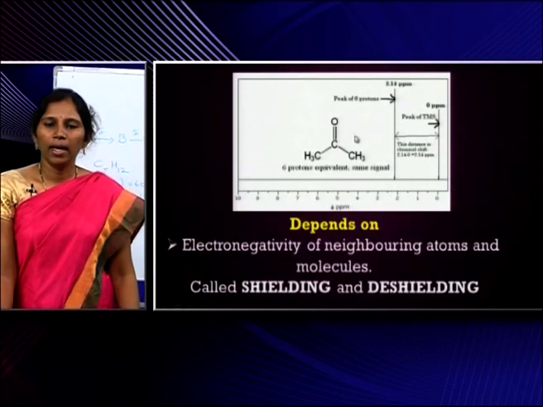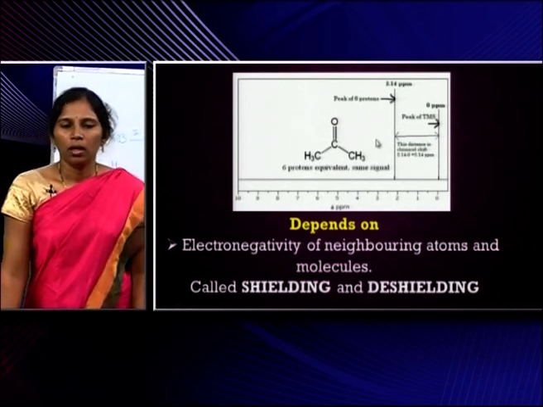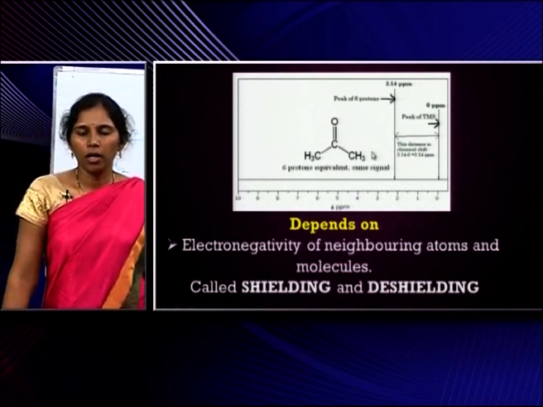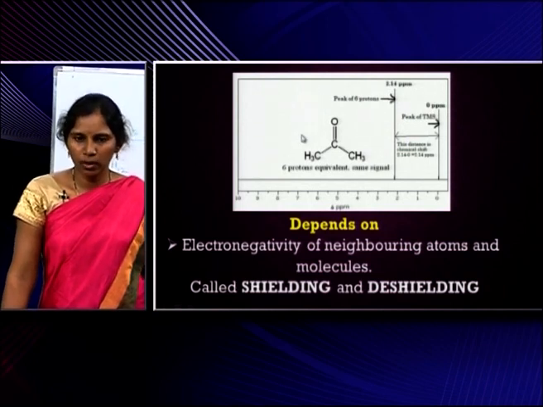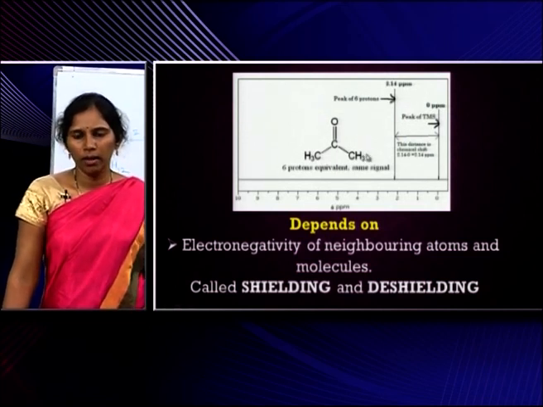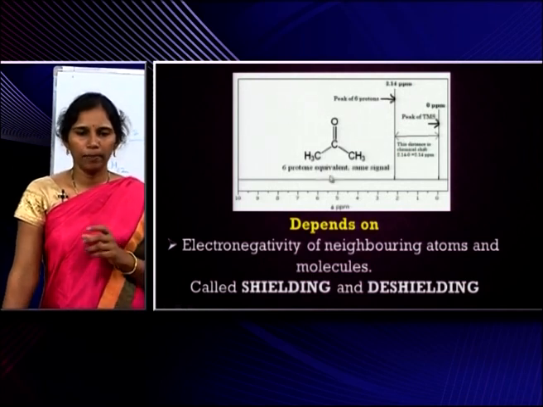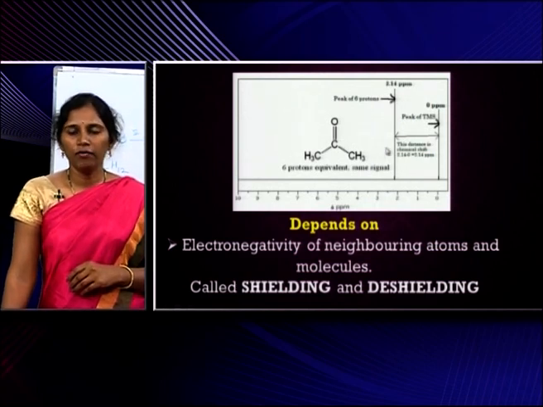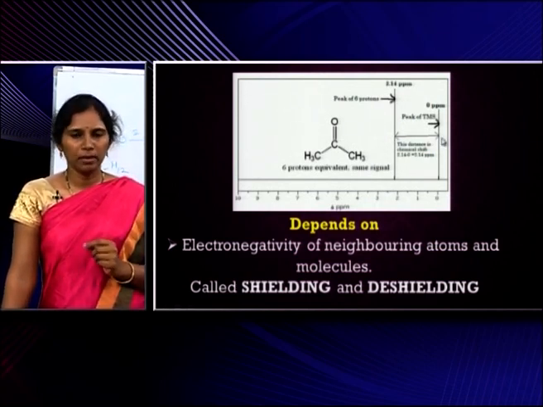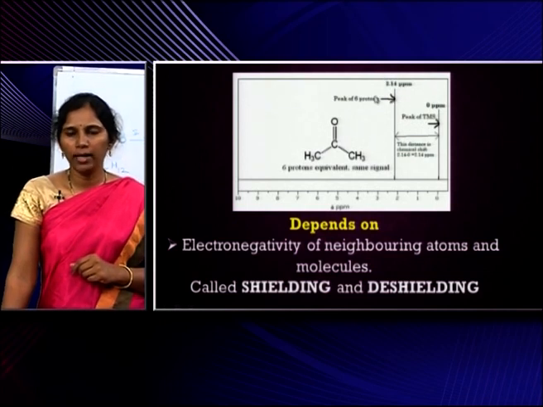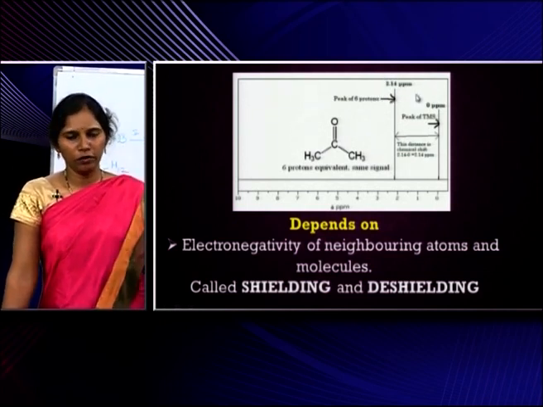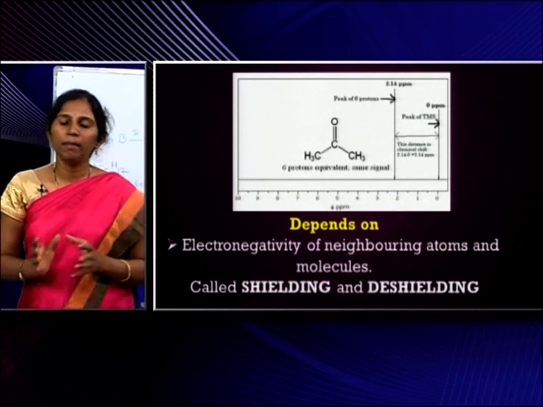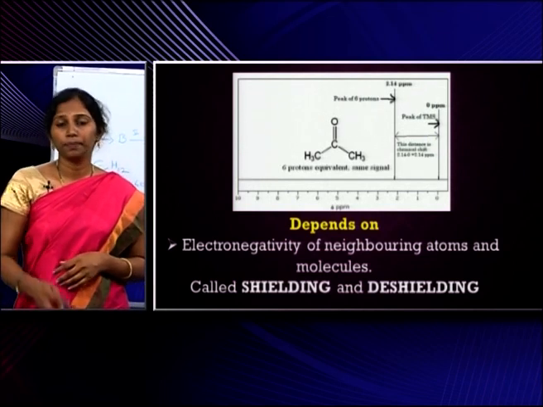And this is the NMR spectrum of acetone. On the screen you find the structure of a molecule. This is called acetone. In our real life it is used as a nail polish remover. You might all have seen this. And if you observe the structure, we have 6 protons which are equivalent and give the same signal in the NMR spectrum. And if we measure the distance in ppm, parts per million, we got 2.14 delta ppm, which is the chemical shift value of acetone. And this chemical shift value depends upon